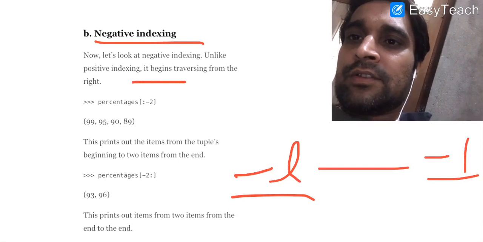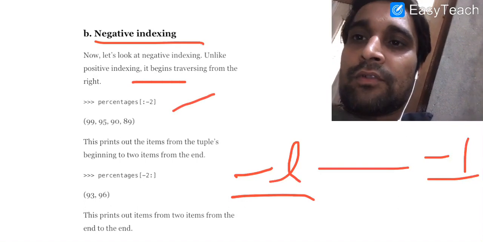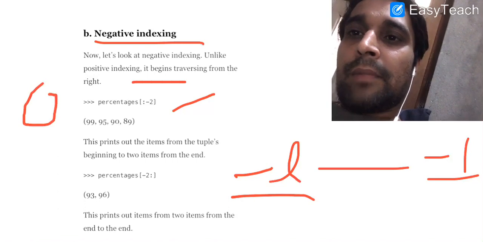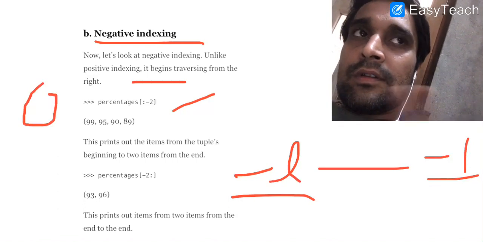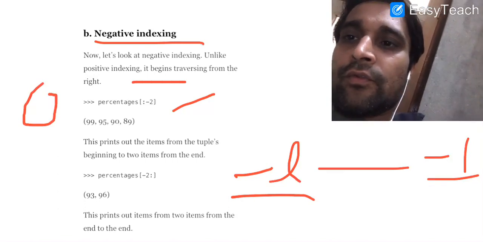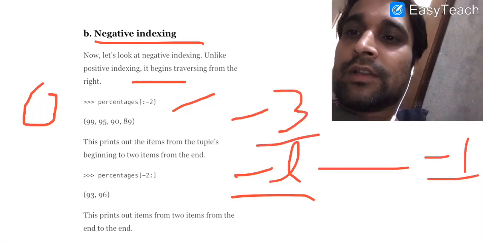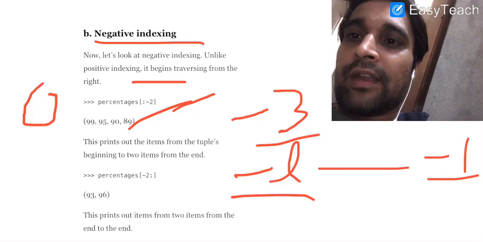We have written percentage :-2. We have not specified the starting, so it will automatically be treated as 0. -2 means the second last element, so it will go from 0 to -3, the third last element you can say. So we will get the tuple with 4 elements 90, 95, 90 and 89.